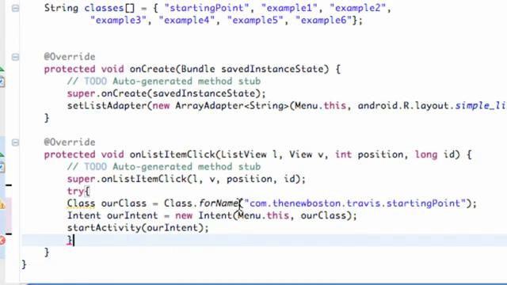For example, we're going to use the exception type class not found. So again, if this class is not found, it's going to give us that exception. So we're going to say catch, and then we have to define the exception within parentheses, and again the exception type is called ClassNotFoundException. We're going to give this variable the label E, and then we need